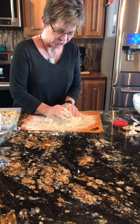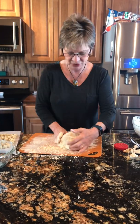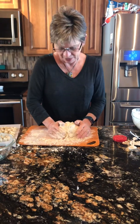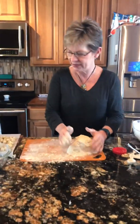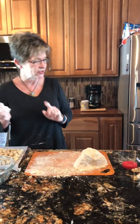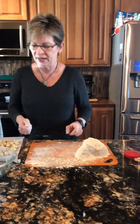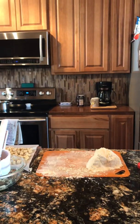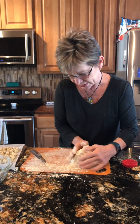So I'm going to form it into just a kind of a mound here. We don't have to let it rest or anything, which is wonderful. And then I'm going to take my knife, and we're going to separate this into many sections. I'm going to take a sharp knife, which is here somewhere. I know it is, and if it isn't, I'll grab one. Take a sharp knife real quick, and we're just going to chop off a piece of this molded